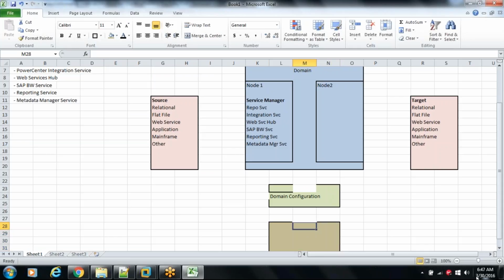They call it the PowerCenter repository. PowerCenter repository is nothing but the actual placeholder, because when we start working on PowerCenter, you will